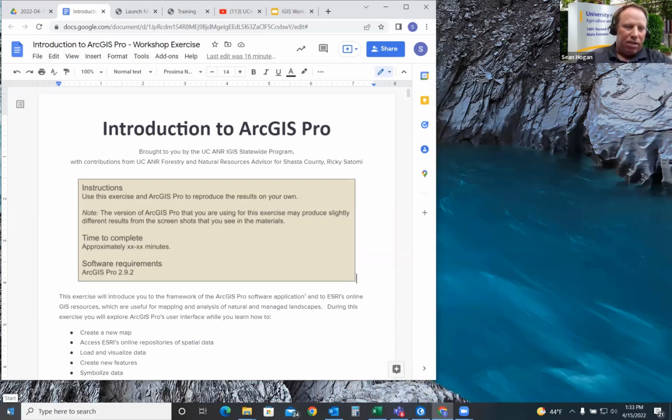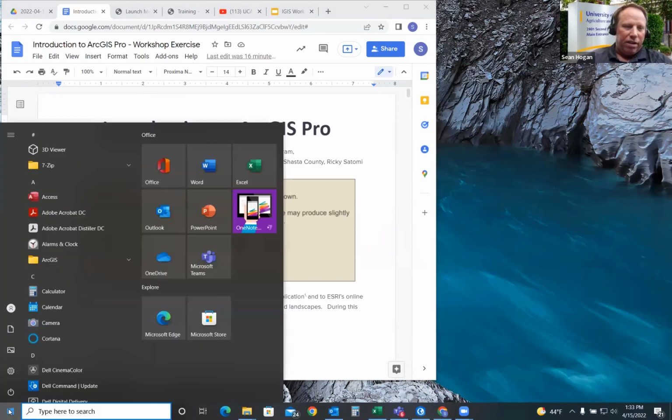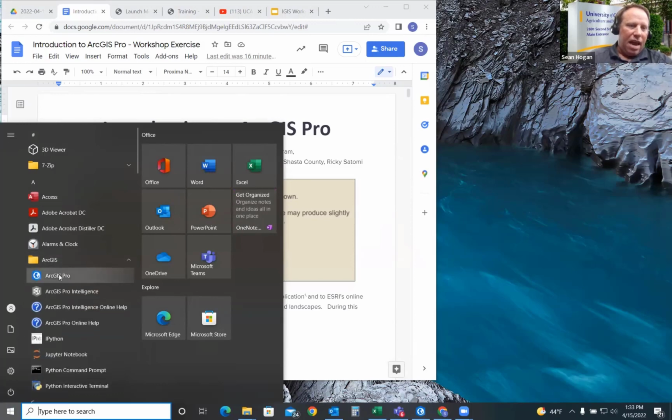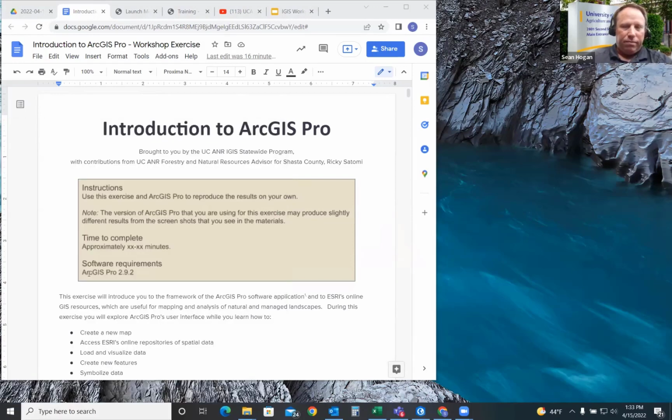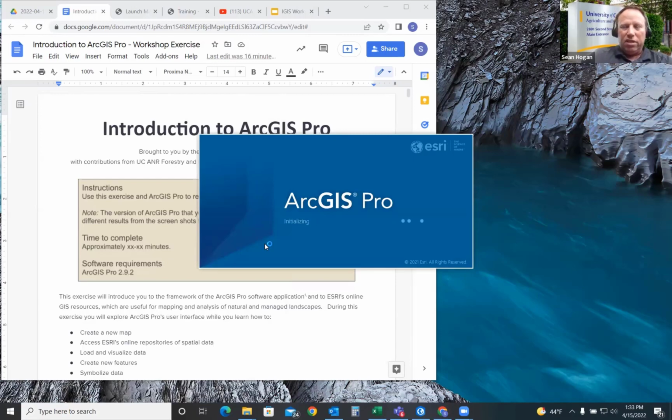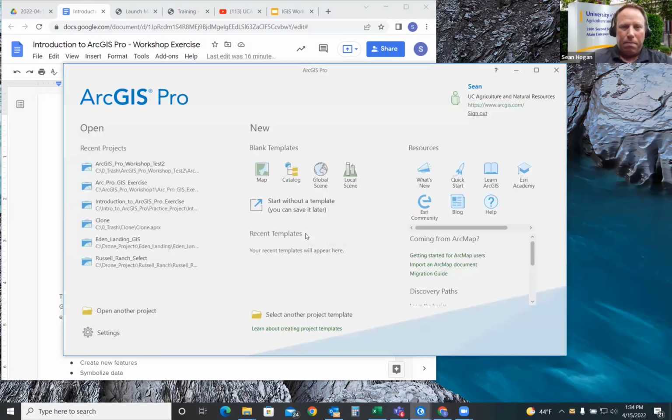You might have to go down if you freshly downloaded it. I know that some of you are new to ArcGIS Pro, some of you are not, but go into your ArcGIS and open up a new session. So this is just going to be a test. Please open up your ArcGIS Pro.